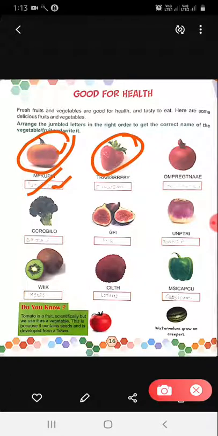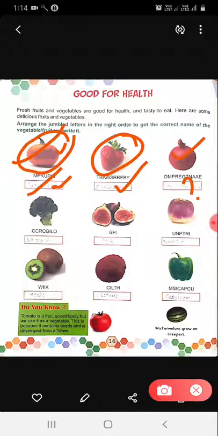This is a strawberry. It's another type of fruit. What is the spelling of that? S-T-R-A-W-B-E-R-R-Y. It means strawberry. Now I am only going to read the name of each fruit, and you have to write the spelling of that fruit in the given boxes. So what is the name of this fruit? Is